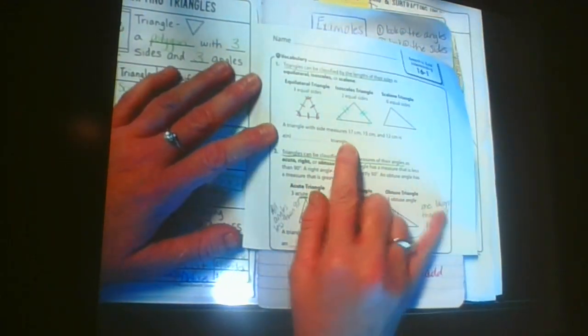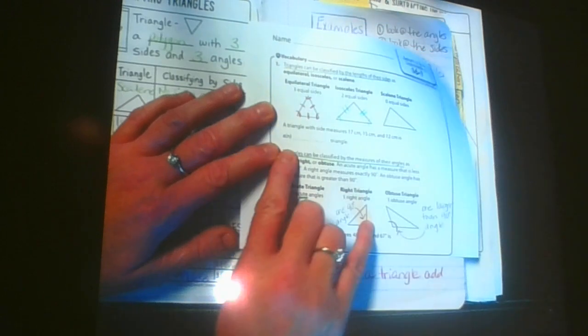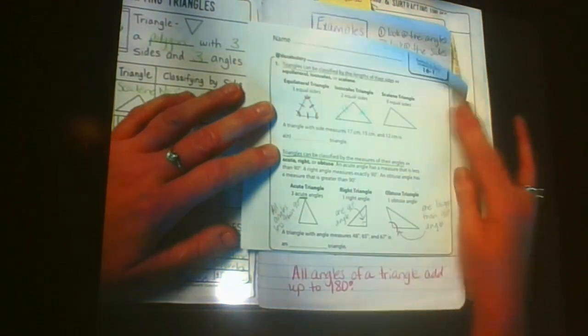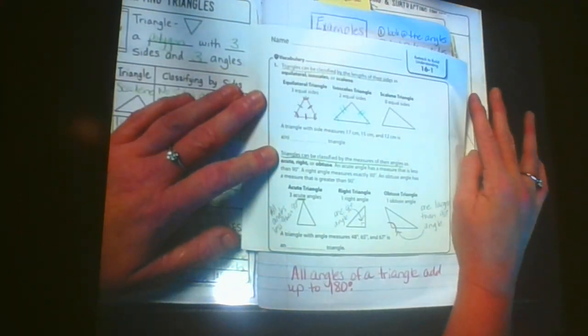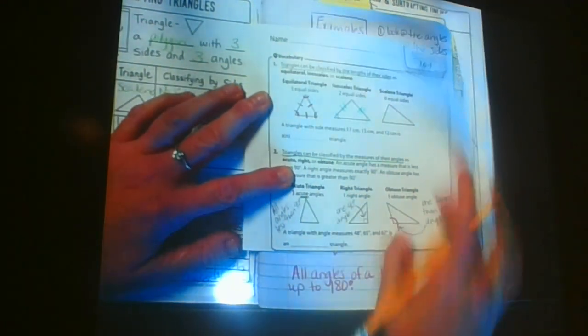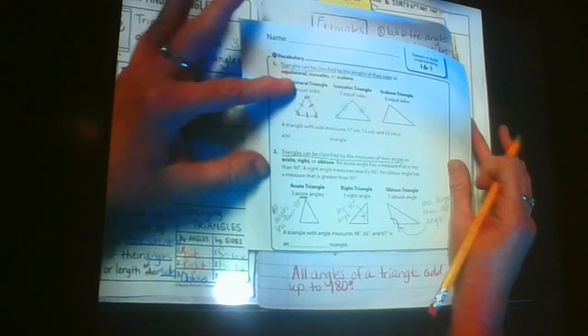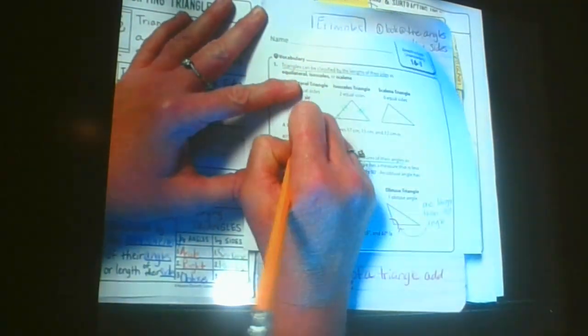So a triangle with a side that measures 17 centimeters, a side of 15 centimeters, and a side of 12 centimeters is a blank triangle. What kind of triangle do you believe that is? Equilateral, isosceles, or scalene? Well, I hope you answered scalene, because scalene is the one that doesn't have any equal sides, and as you can see here, the measurements of these sides are not the same. So this is a scalene